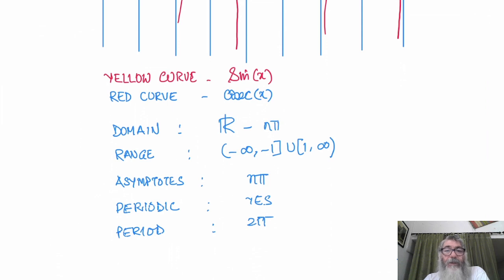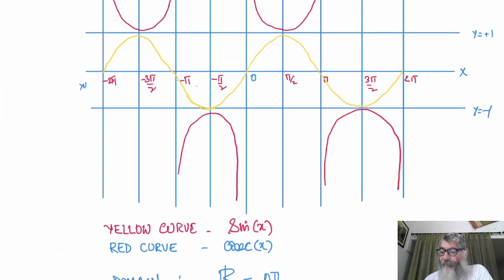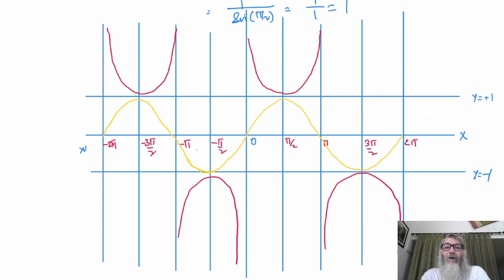The other thing is that they have asymptotes. Cosec x has asymptotes at n pi, and sec x has asymptotes at (2n plus 1) pi by 2. Wherever the function is not defined, the graph of the function is approaching a particular line, but it is not touching that line. If you look at this graph, the yellow curve I have shown is the cos x graph. From the cos x we have derived the sec x graph.